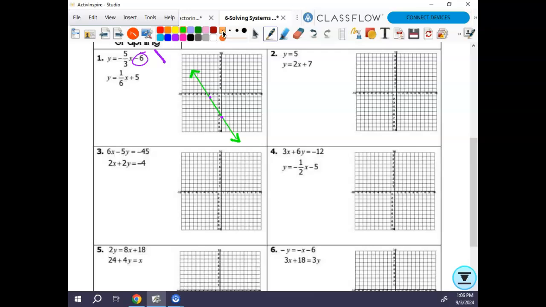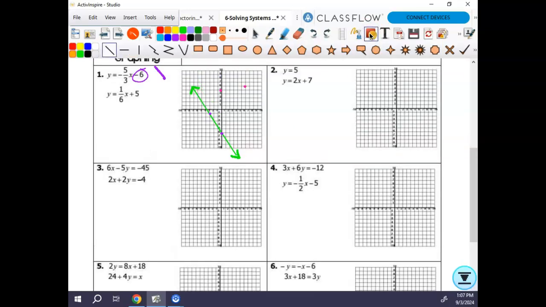Then we're going to graph the second one. What's my y-intercept? 5? Yes? Okay. My y-intercept is at 5. Okay, again, you're going to pretend like mine's right. And then slope is 1 over 6, so we're going to go up 1 and over 6. About right there. And then you're going to draw in the line